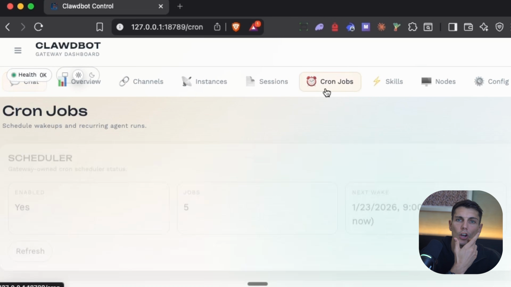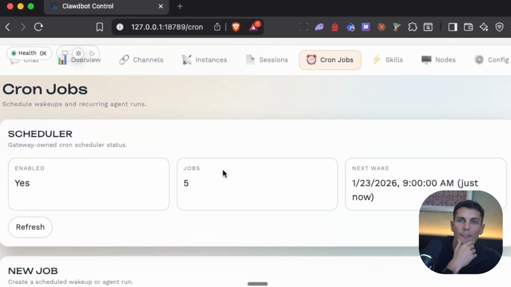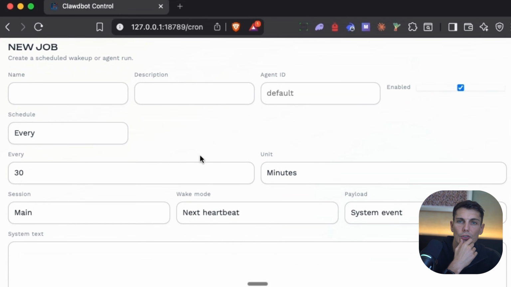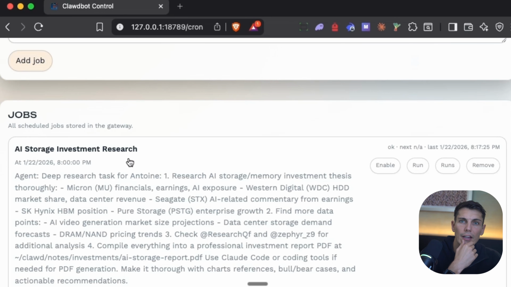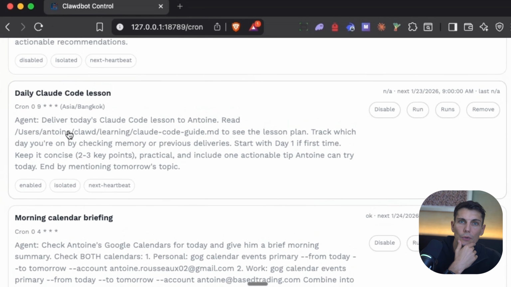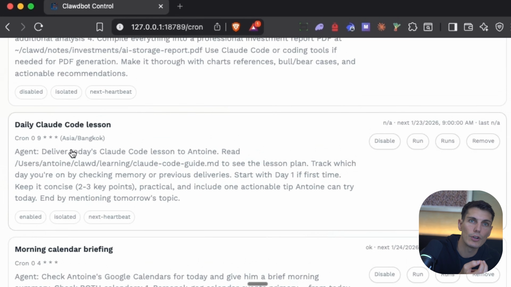I have cron jobs, a scheduler. So every day at 9 a.m., I can put a new job, say the name, the description, whatever it would do. AI storage, investment research. So this was at 8 p.m., it did its research. Daily Claude Code lesson. So I found a good guide and I was like, okay, I want you to tell me every day a little bit of the things to learn about it. And then